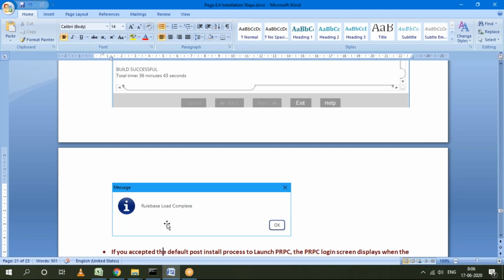See, what are the reasons installation may fail? There are three reasons. First, if the system requirements are not matching, for example if you are installing in a 32-bit operating system, or you have less than 4 GB of RAM, or you don't have enough space in the directory.